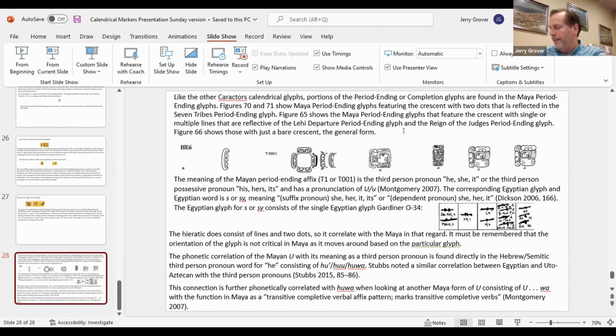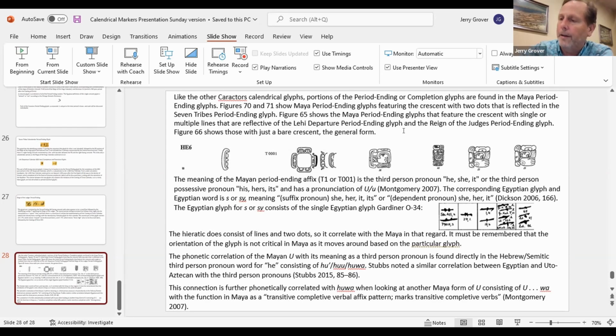Essentially you have the glyph form in the Characters document for Mulek. I don't have it handy in the PowerPoint. But basically the leading glyph, which means administrator or kind of like vassal king in the Egyptian, is shown in the Egyptian as a fish